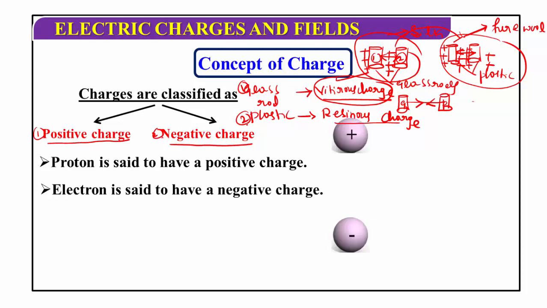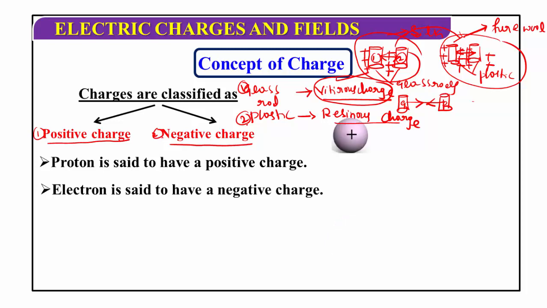The glass rods repel each other. Two plastic rods rubbed with a fur or wool, again the two plastic rods repel each other. In the third case, one rubbed glass rod is placed in contact with the rubbed plastic rod. In that case, the glass rod and plastic rod attract each other. This experiment shows the charge developed on the glass rod is different and the charge developed on the